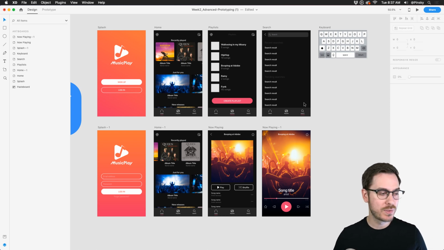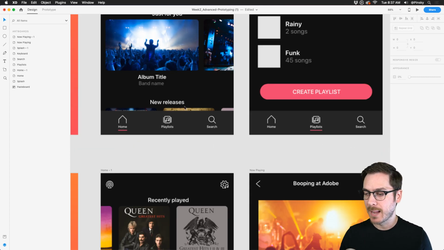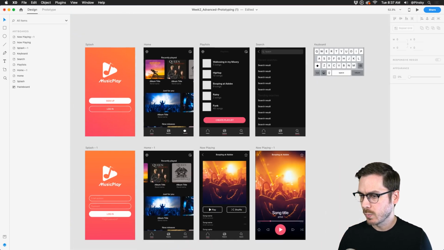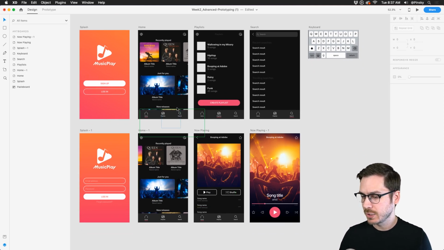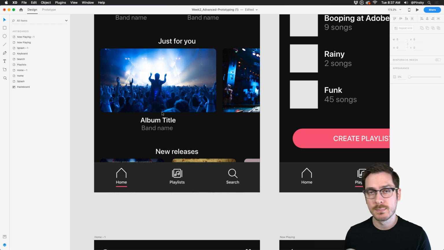So we're going to tackle a few things in this stream. We're going to create a little bit of a secondary bar. On some music apps, right above the navigation bar at the bottom, there's this other bar that shows you the progress or the currently playing song or album or whatever it might be. So we're going to create something similar to that. So where are we going to create it? Well, let's actually create it on the home screen. Why not, right? Because it'll be a symbol, we can always move it to other screens. And if we decide to update it, it'll also populate that change.